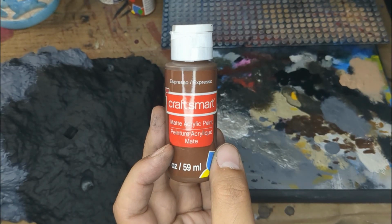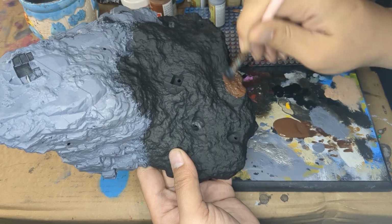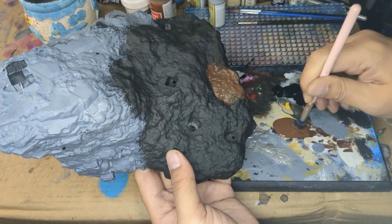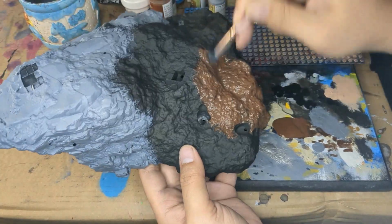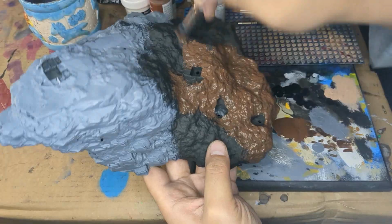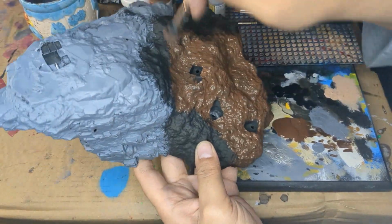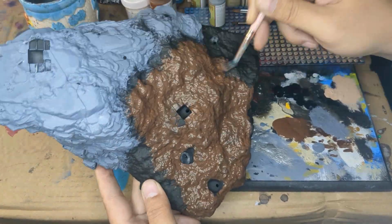Next, I blocked in the dirt parts using Espresso Craft Paint. As I've mentioned before, paints marketed as for minis or hobby painting can be very expensive. So when I'm faced with large areas that need coverage, I like to reach for a craft paint when I can. The main drawback from using this paint more often is that it dries to a super matte finish, while